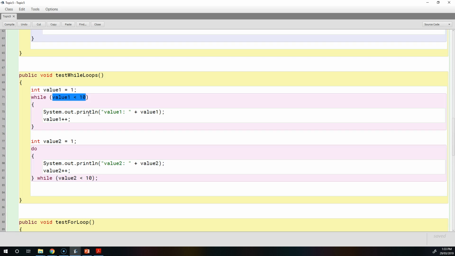Now, one thing we have to be careful of is that this condition will become false at some point. If this condition is always going to be true, we will get into an endless loop. We saw in a for loop, we change our value while we are looping, and we do that in the for loop statement at the top. Whereas if we don't do this in a while loop, so you can see here, I'm incrementing value1 by 1